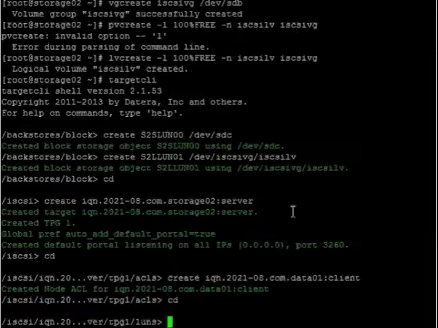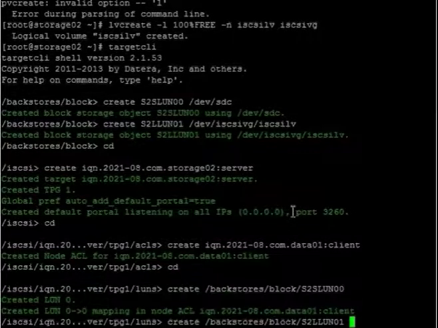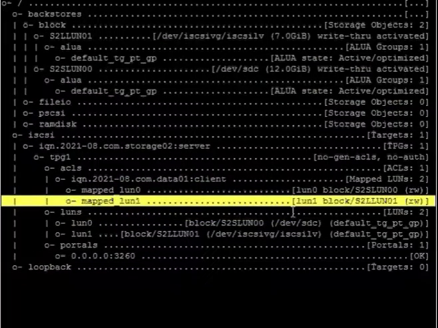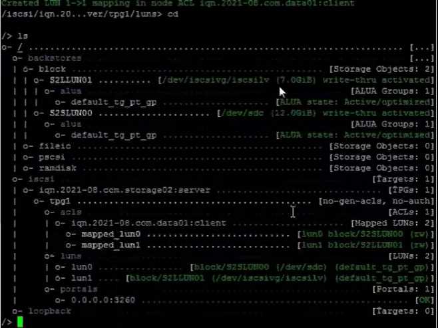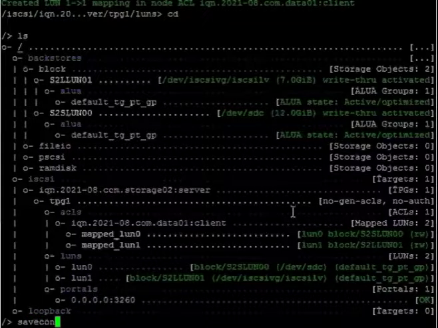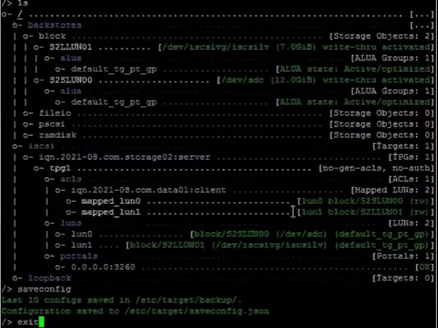So now assign the LUNs to our target. Now you can see the backstore to backstore. Then after that you can see this is our target server, this is our client, and these are the two LUNs that are assigned. Now let's save the configuration and exit from storage 02. So we have completed our storage activity.